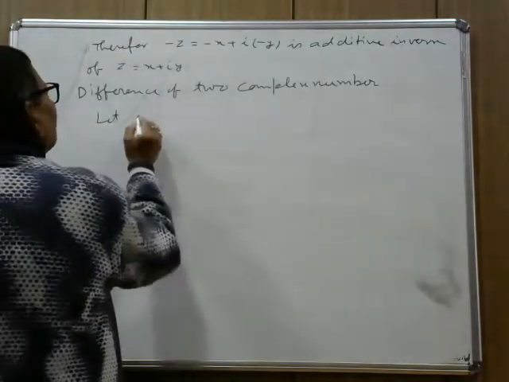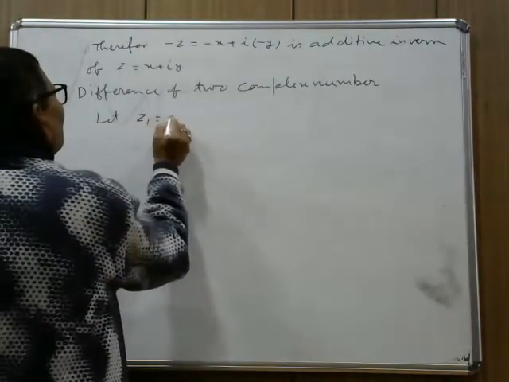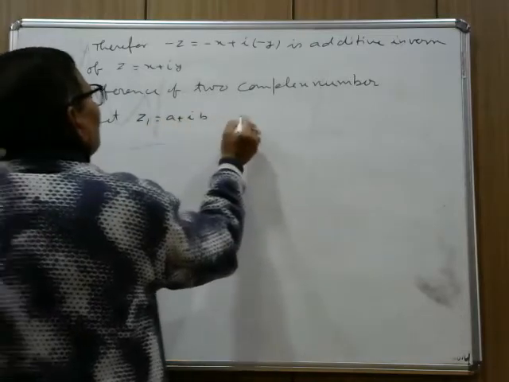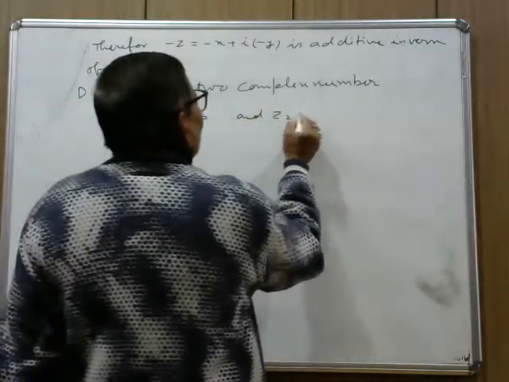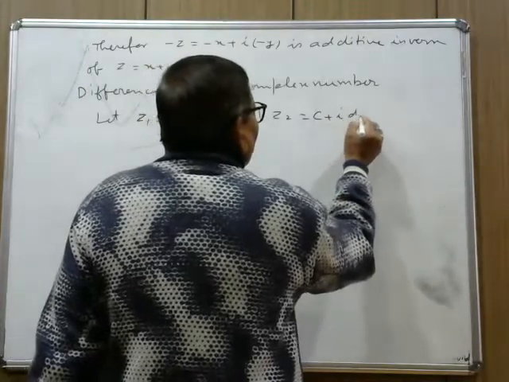Let Z1 equal to a plus ib and Z2 equal to c plus id, then